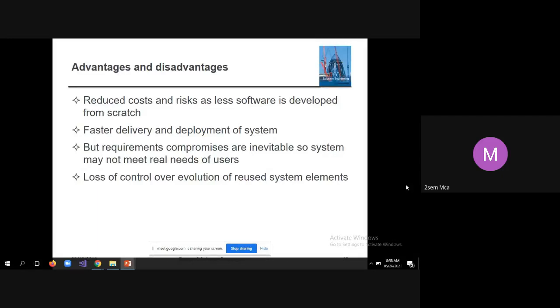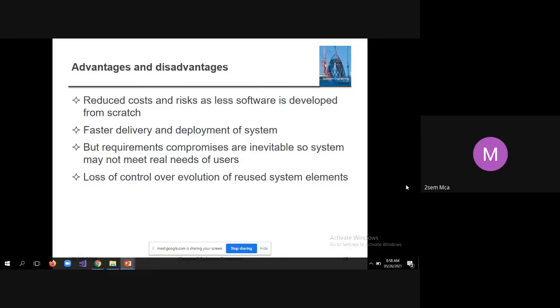Let us assume it is meeting 90% of the needs of the user. To meet the other 10%, they may have to do some modification to the existing code. If that is not done by the developers, then it may not meet the real needs of the users.